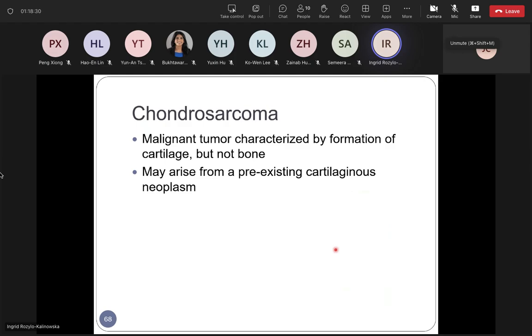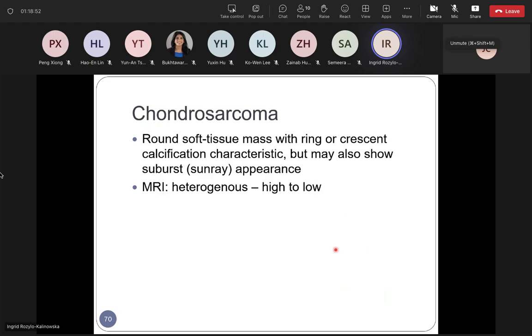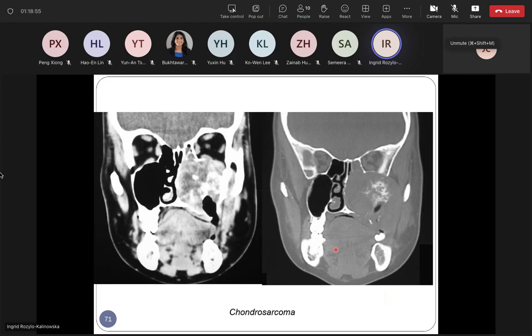And there is a wide variation of clinical features, but also aggressive growth of the tumor and less frequent metastatic reaction of this tumor, so a little bit better long-term prognosis for the patient. But if you ask me how to differentiate an osteosarcoma from chondrosarcoma in plain radiography, well, I can tell you that when I was a young radiologist, more than 20 years ago,